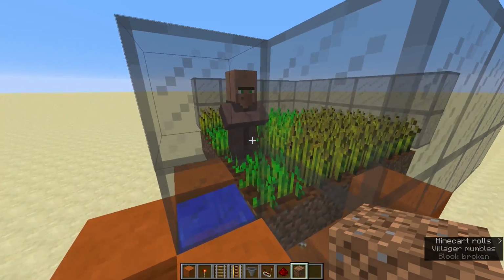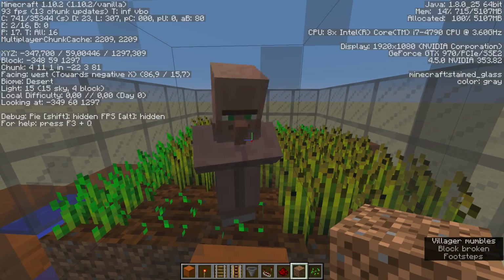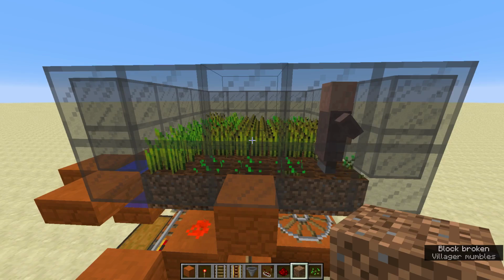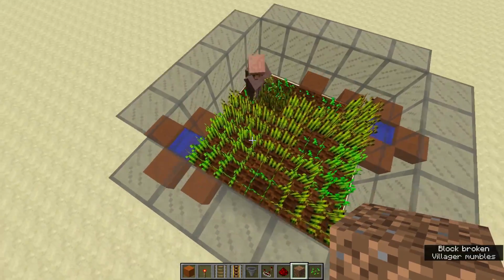Today we're taking a look at a farm for wheat, carrots, potatoes, and beetroot that is automatic and works in the newest version of Minecraft, which is 1.10.2 currently, but should also work in versions above that, unless villager mechanics get changed entirely. So what you can see right here is a villager that is harvesting away at wheat, and